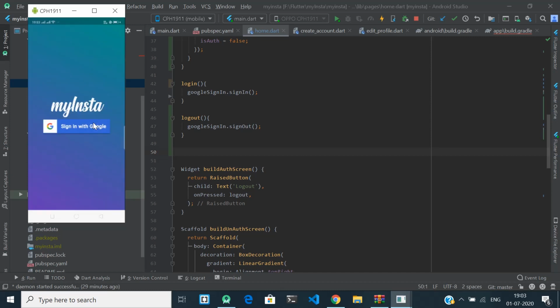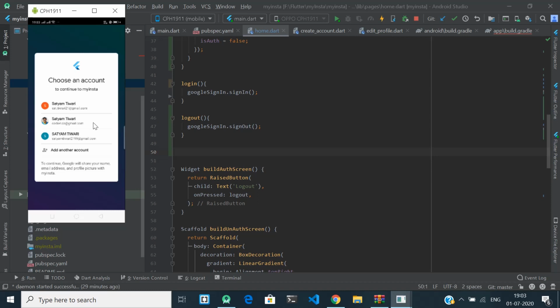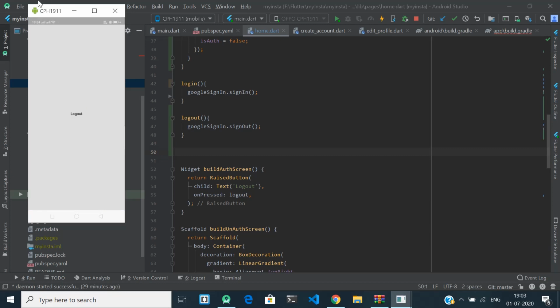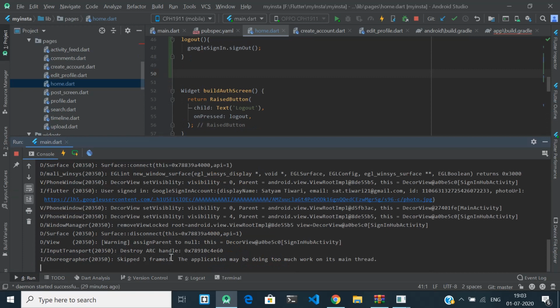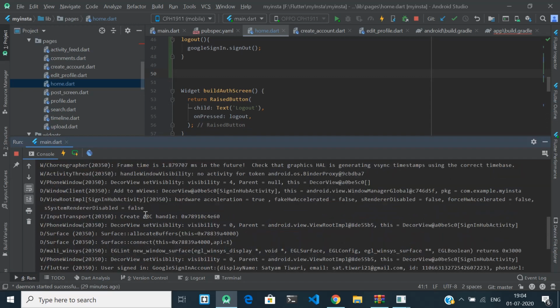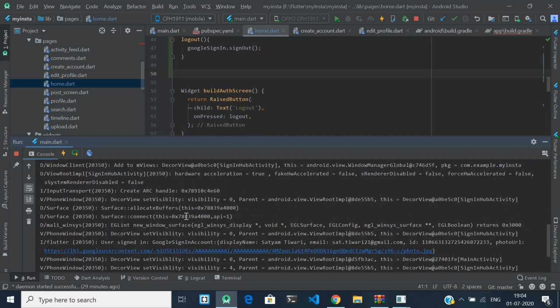So now when you click logout, it will come here. When you click sign in with Google again, it is not already signed in because you have logged out. So again you have to click on the email from which you want to sign in, and let's see what you got here.